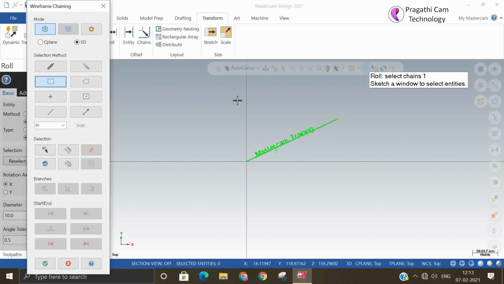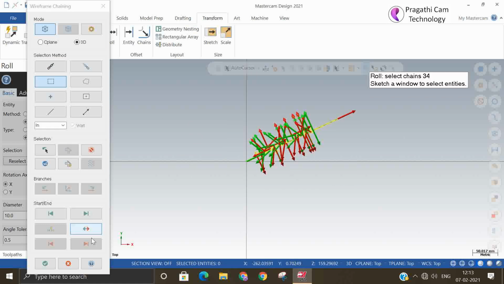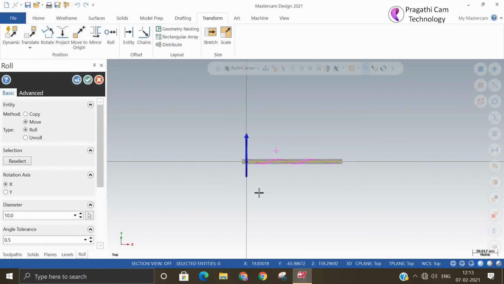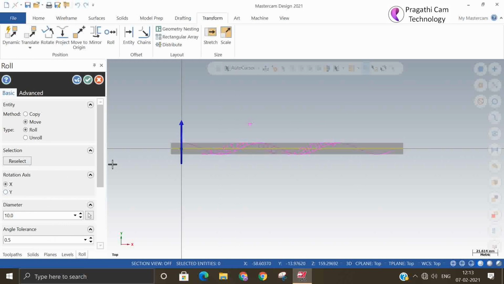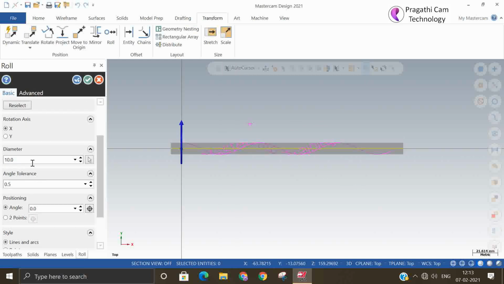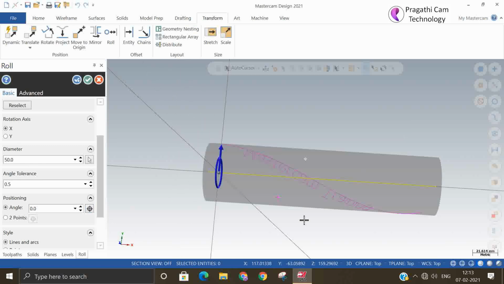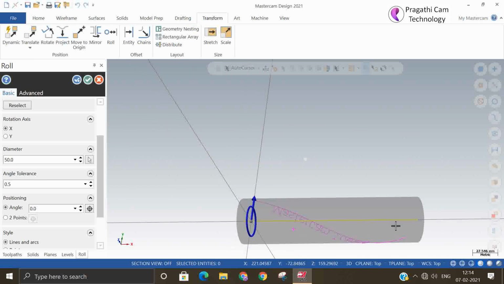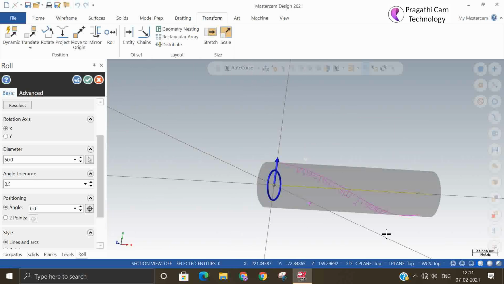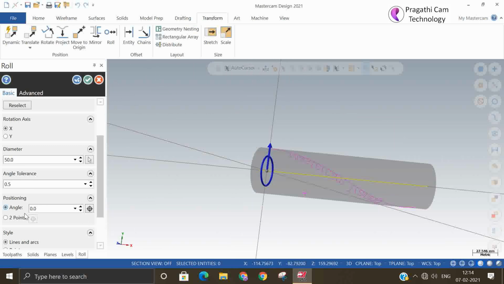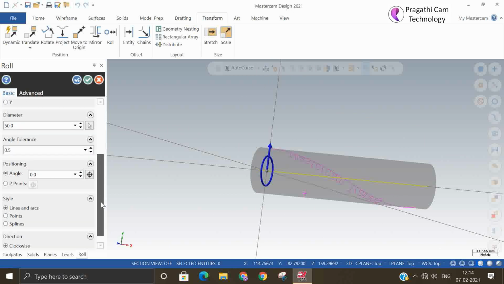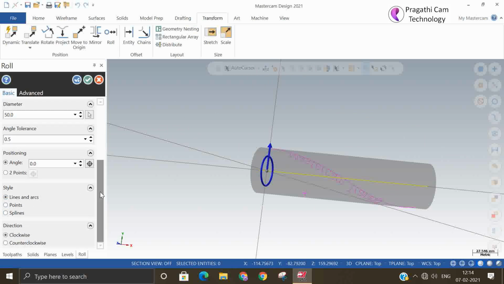You can select the entire thing by window. Okay, so now you can view the diameter, x direction. Now you can see that the entire thing is wrapped over the cylinder. Suppose if you want to do it in the y also you can do.